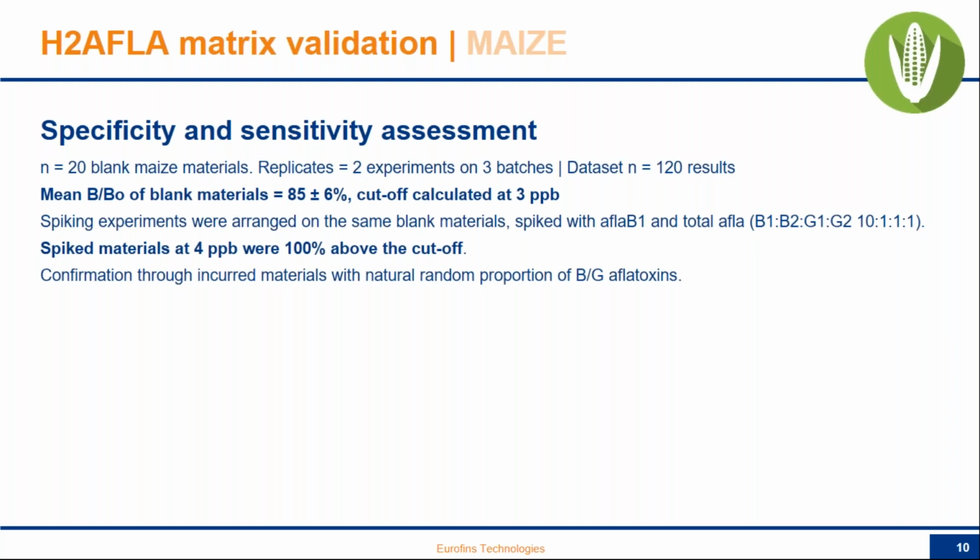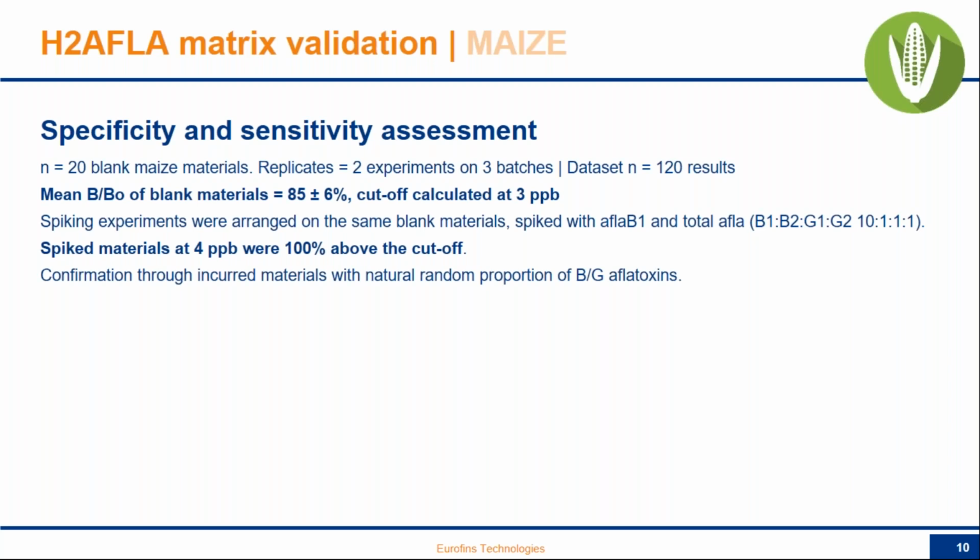We had 3 batches of kit available and extracted each material in 2 independent sessions, so 2 times for each lot. That means that we collected in the end 120 results. We calculated the mean inhibition value at 85% and determined a prudent cutoff level at 3 ppb, considering that the